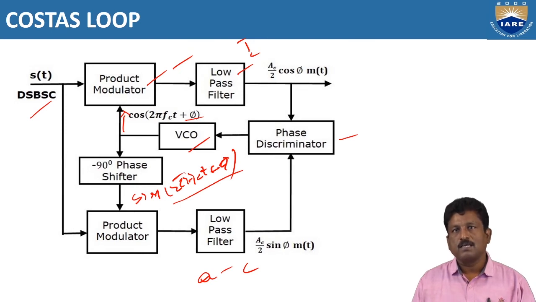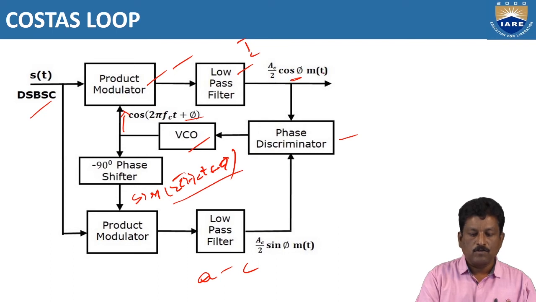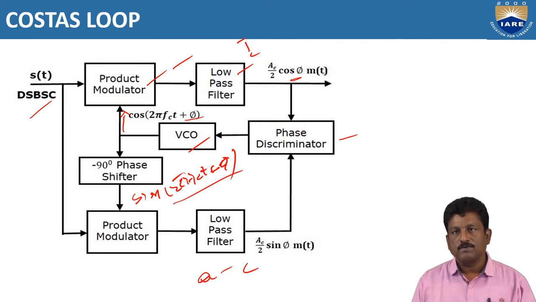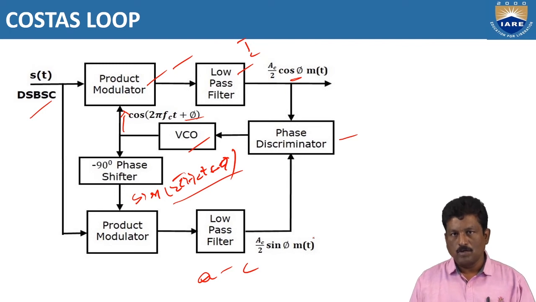In the case of this coherent detector, the output signal V0(t) is given by Ac squared by 2 cos phi m(t). Based on the phi value, it is fixed to retrieve the maximum modulating signal m(t). If phi equals 0, we get the maximum signal, and at the same time sin 0 equals 0, so we are discriminating on the lower path. In the quadrature channel, the Q channel, the output is 0.